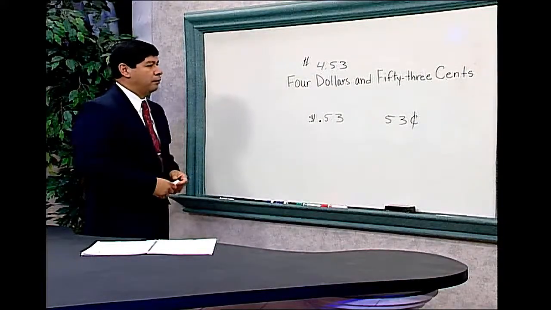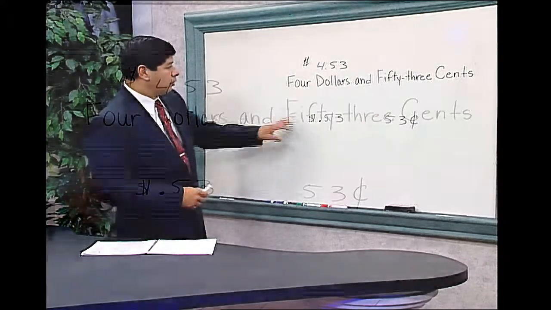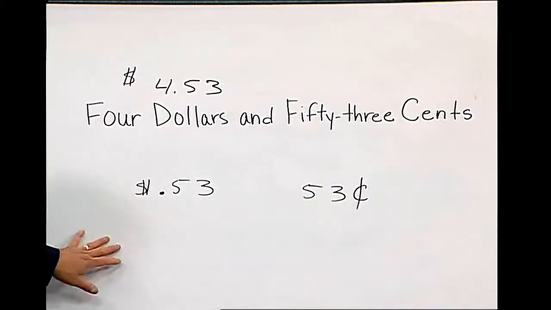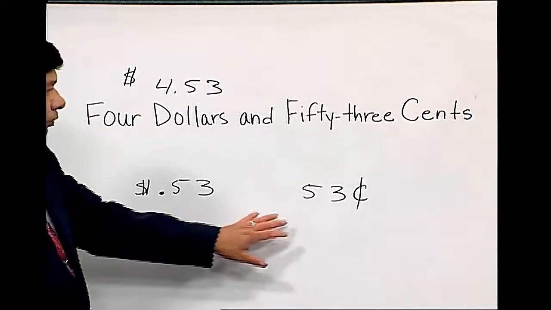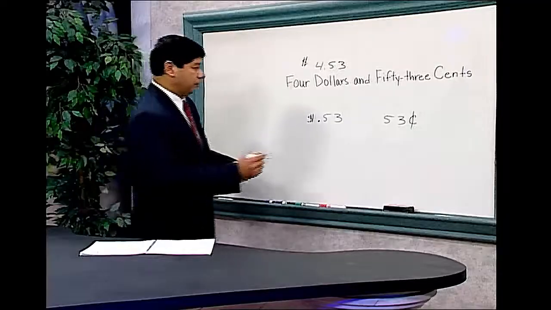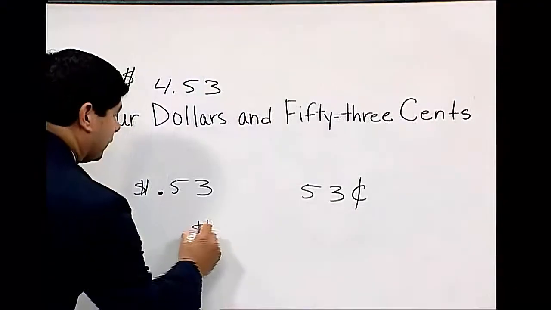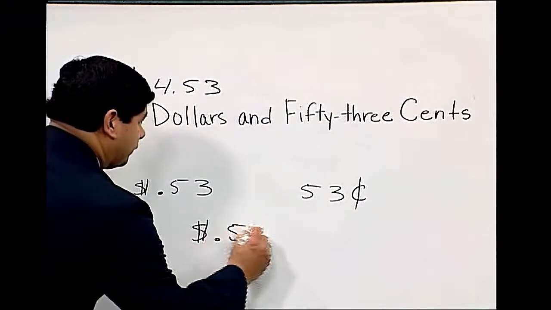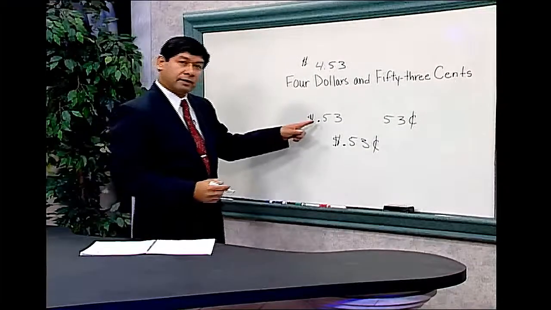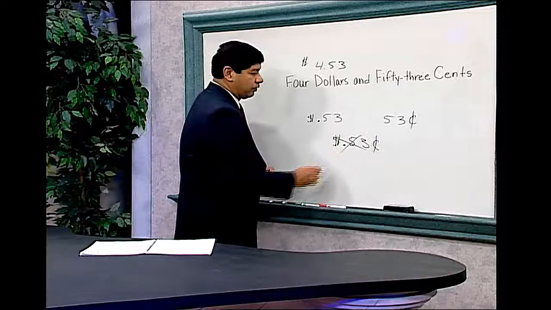speaking of. We can also indicate that with a dollar sign, decimal point, 53, indicating 53 cents, or we can also write it as 53 cents, but never together. Let me show you what we mean by that. We have our dollar sign, decimal, 53, and cents. That's an incorrect way to indicate the amount of money that we're speaking of, so we don't want to write